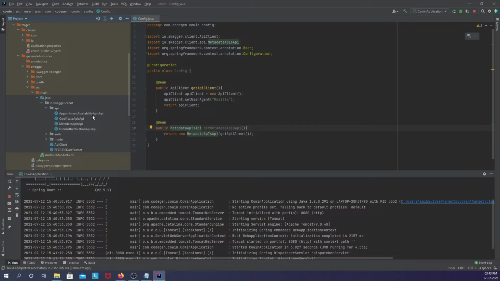So that brings us to the conclusion for this video. In this video, we have seen what a CoWIN app is and the series of steps that are taken: the registration, searching for the appointment slots, and booking the available appointment for COVID-19 vaccination.